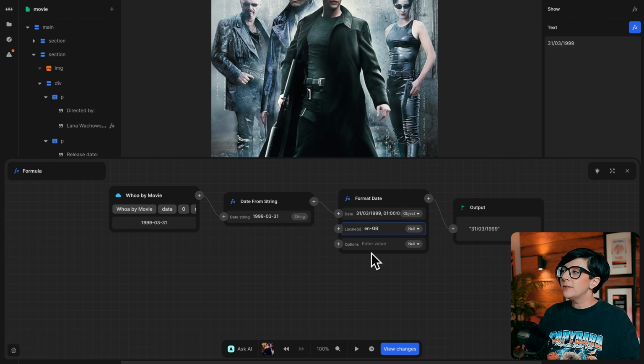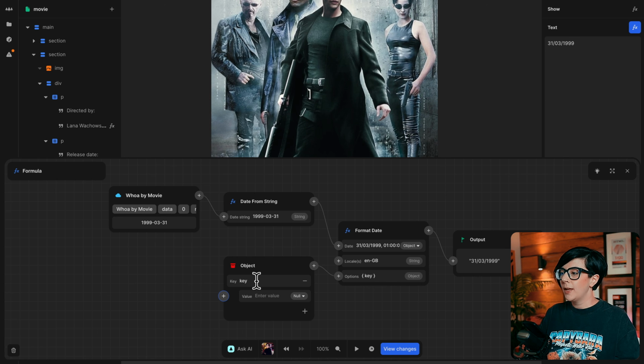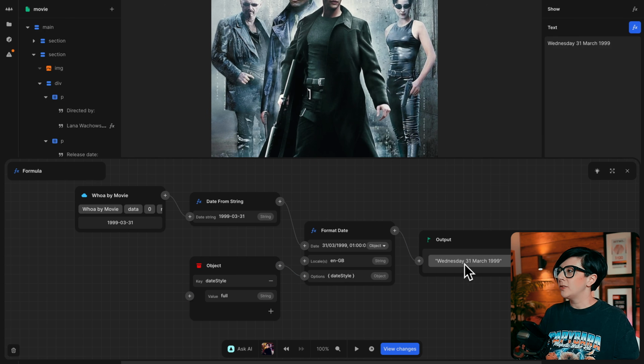And the options that the format date accepts needs to be an object. So to do that, we can create an object on the fly by searching for object. And the key for one of these options that we need is dateStyle, and I want to choose full. And the output here is Wednesday, 31st of March, 1999,